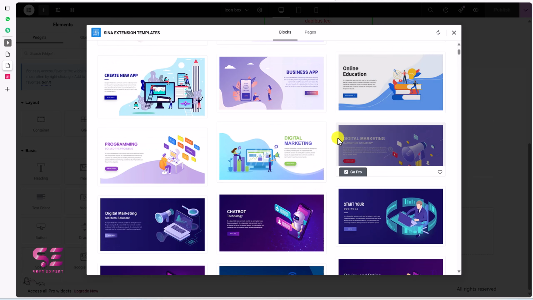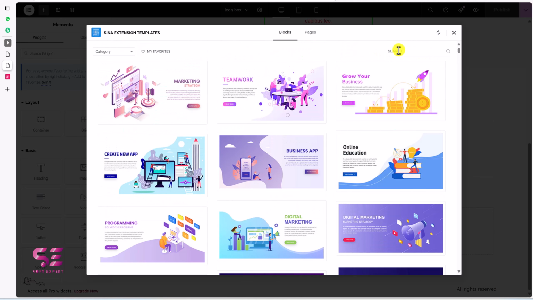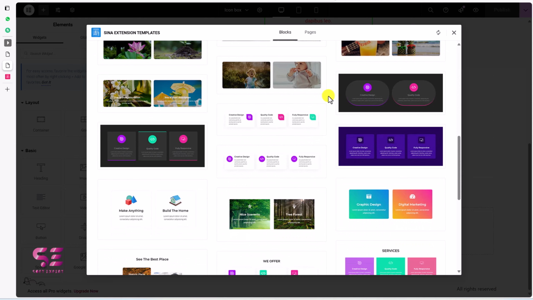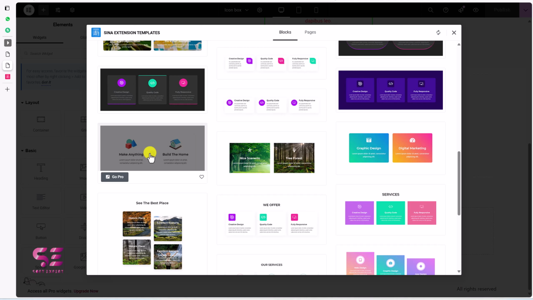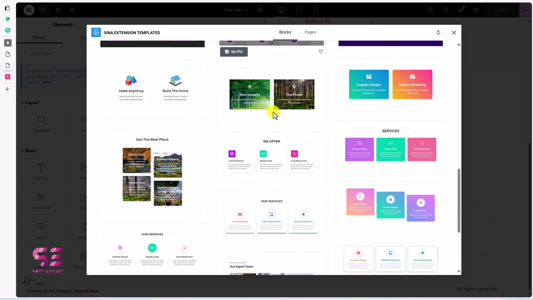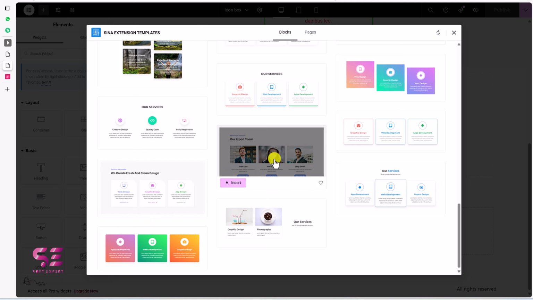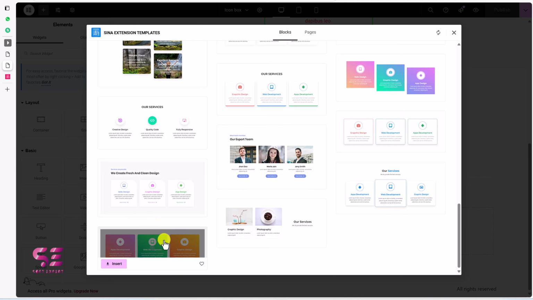Some of these are free, some are pro. And if you search for box here, you will find those content boxes over here. Okay, for example, this one, this is in pro version, this is also pro, and this one is free, this is also free, and this is also free. So let's try using this one. We'll just insert it,